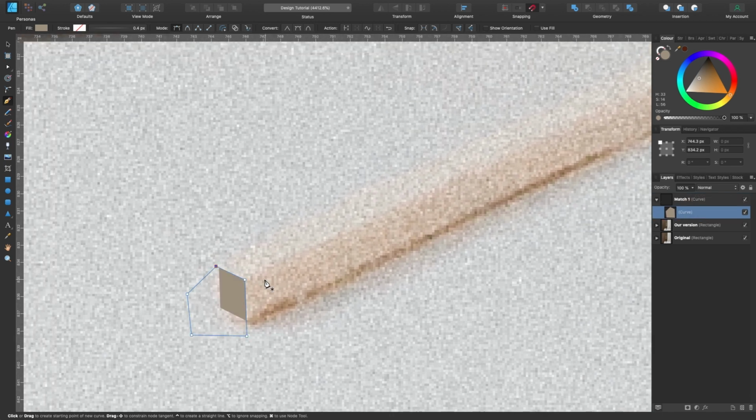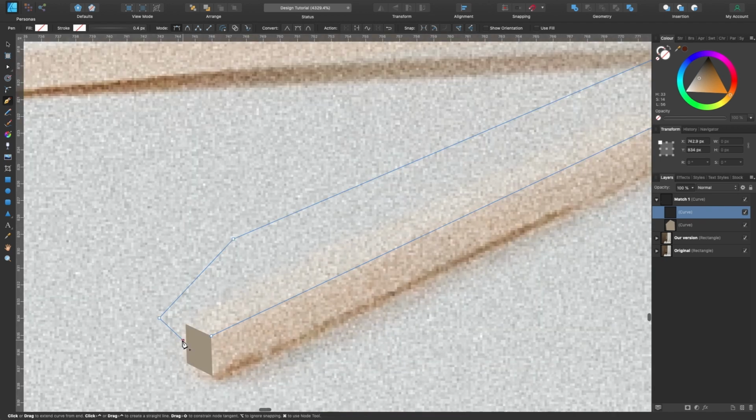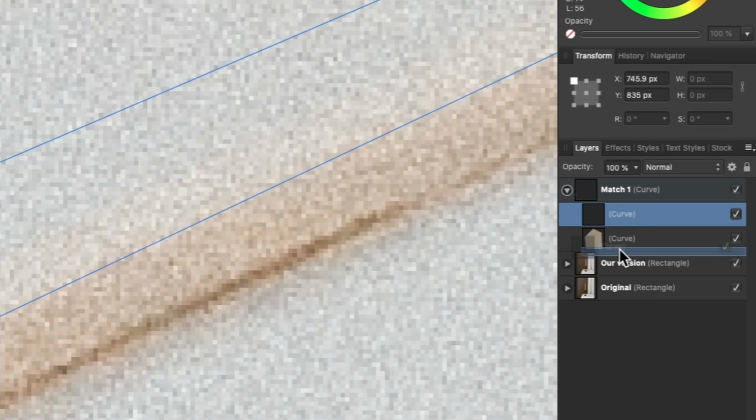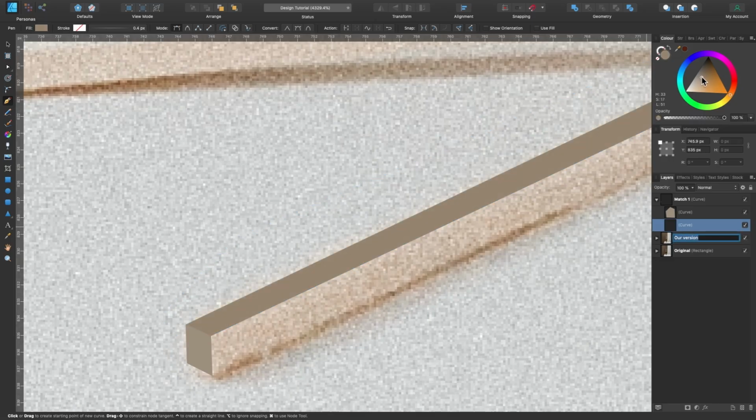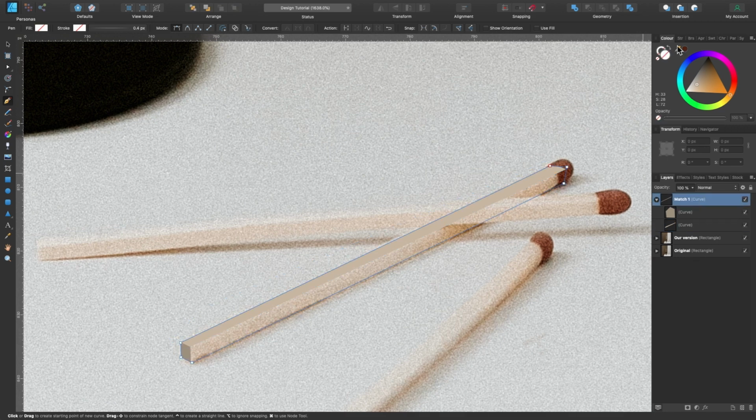So for the next one, I will draw the top part of it. So I'll just click on this node, go all the way up to the top. Let me turn snapping off. Okay, that looks good. So underneath there, choose any color for now because we'll change that afterwards. And for the last bit, we don't have to draw this in because that is the actual outline. So I'll just drag the color dropper tool, make it a bit darker for now.